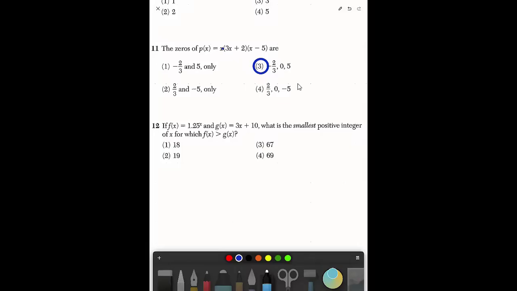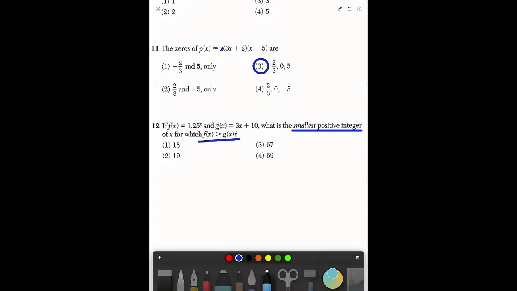All right, guys, this is question number 12 from the June 2026 Algebra 1 Regents exam. Basically, they give us two functions. One is an exponential function, f of x. The second one is a linear function, g of x. And they want to know what is the smallest positive integer of x for which f of x is greater